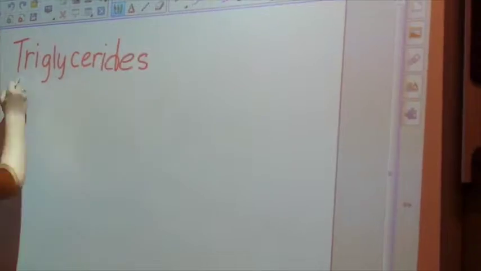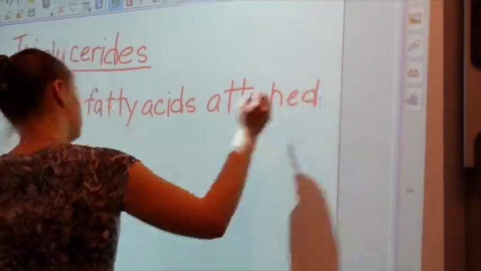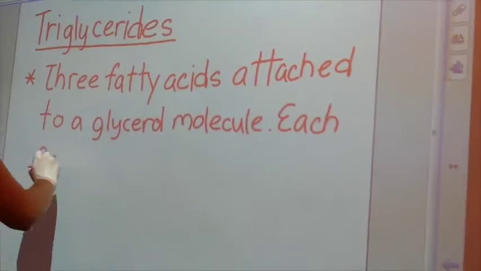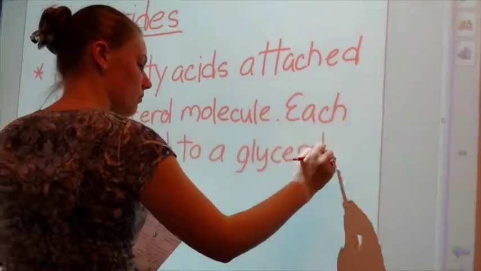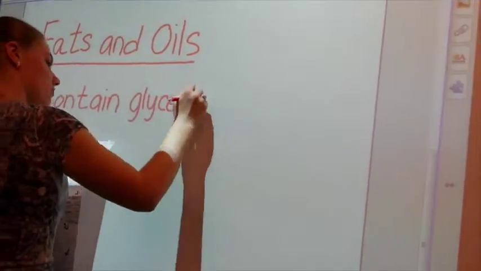Triglycerols are 3 fatty acids attached to a glycerol molecule. Triglycerols are fat found in blood and are used to provide energy to the body. Fats and oils. We know that fats consist of glycerol and fatty acids,